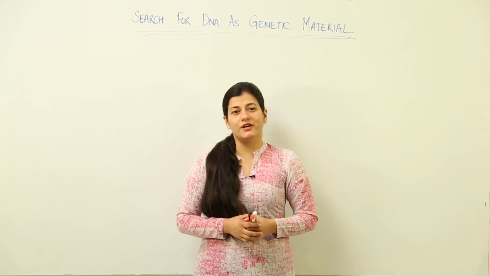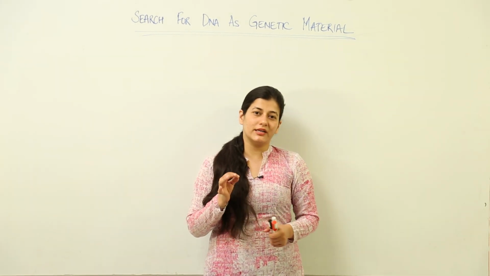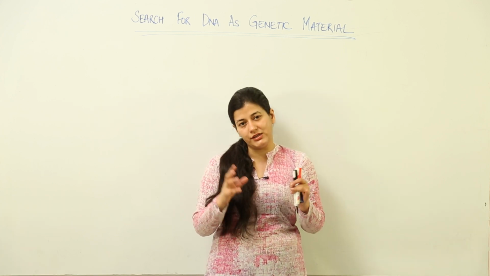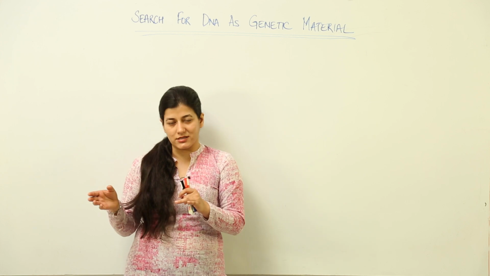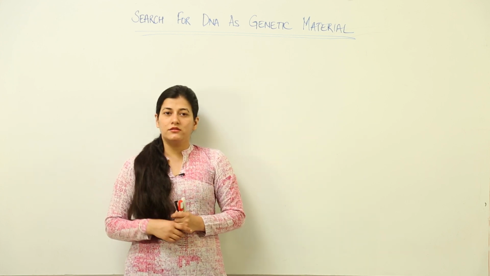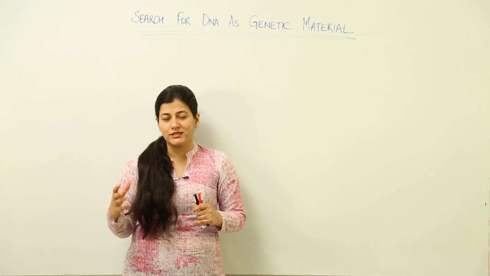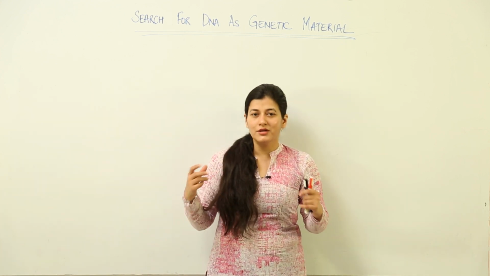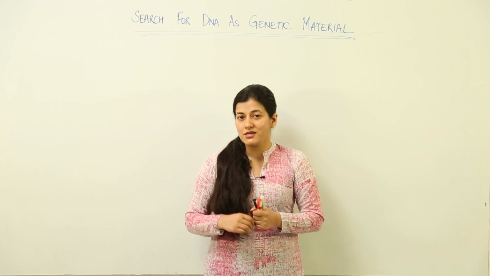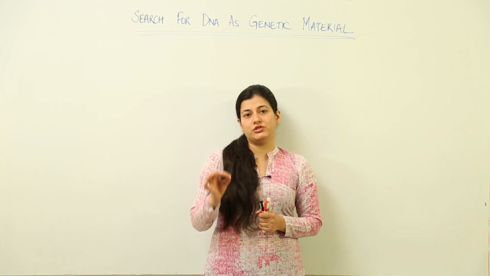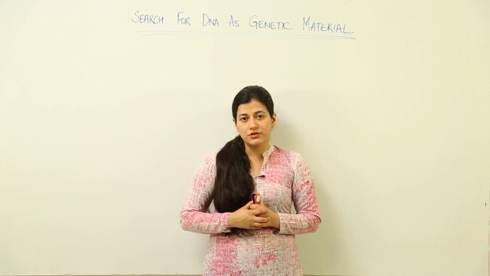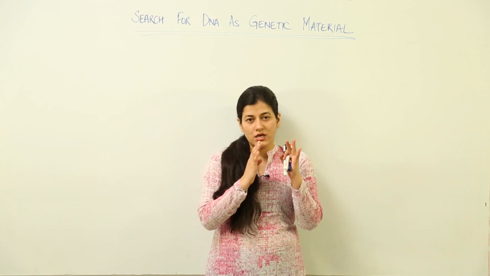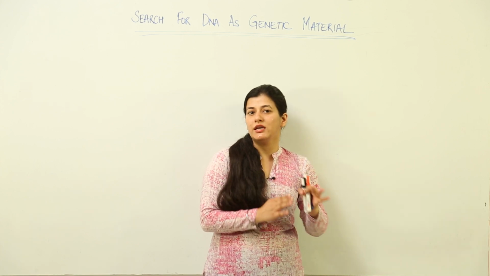In the last lesson, we had talked about the biochemical characterization of the transforming principle, which was proposed by Griffith in his experiment with the mice and streptococcus. And it was very well proven. You got an idea that it is DNA, but the scientific world and all the universities and all the scholars need a proof that cannot be questioned to a certain extent. So there was a need for a proof which made it quite certain that it was DNA only.